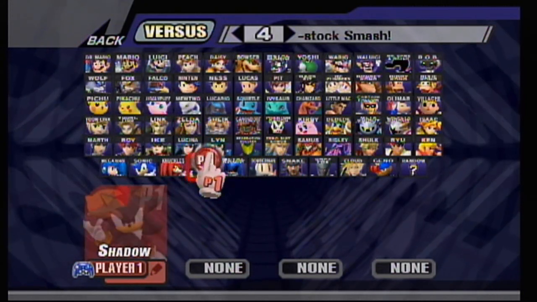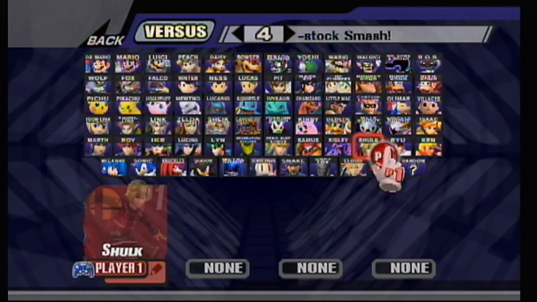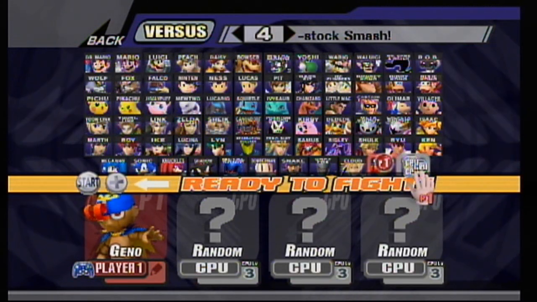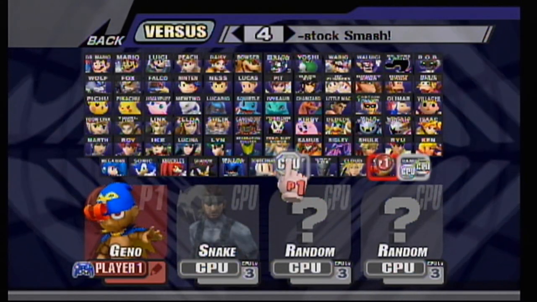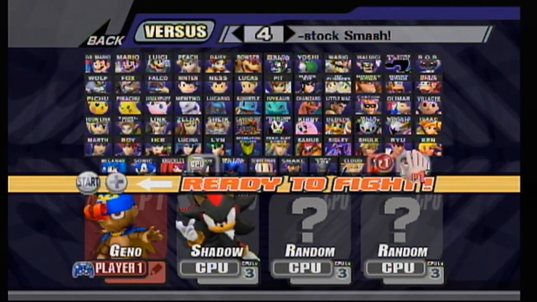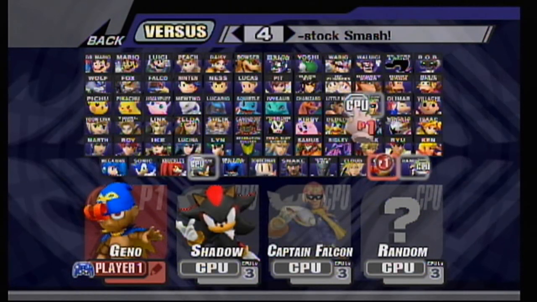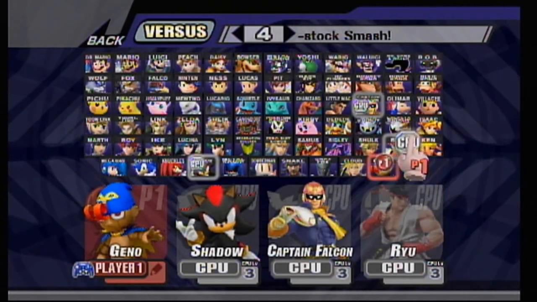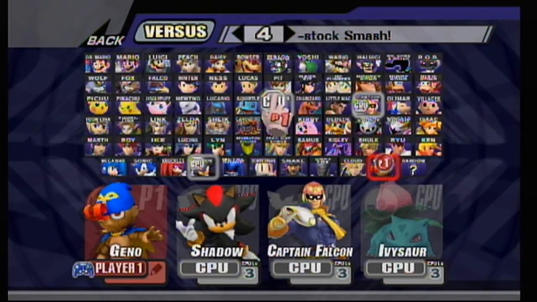So let's go ahead and show the fighting. Like I said, some of these characters are way more polished than Infinite, even though some of these aren't in Infinite. But man, oh man, you can actually play with these characters. So that's really cool. Captain Falcon. I really like Metal Mario, he's pretty cool. He's just a Metal Mario, but